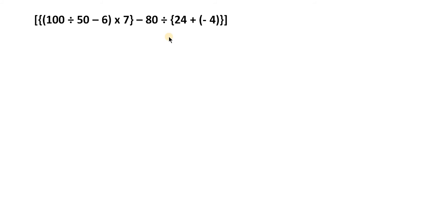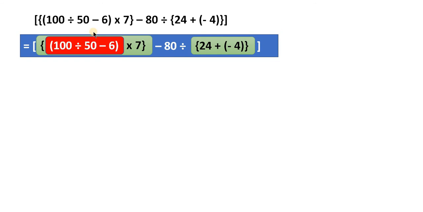We pass on to the next one. In this one, if you see, there is an outermost precedence operator, the rectangular bracket. Inside that there are two curly bracket precedence operators, and inside this curly bracket there is one more parenthesis operator here. We are segregating it to show it like this, using some colors. Blue is the outermost, inside are the two green curly brackets, and inside this curly bracket there is a red parenthesis. So first we will have to do the innermost one, which is this.